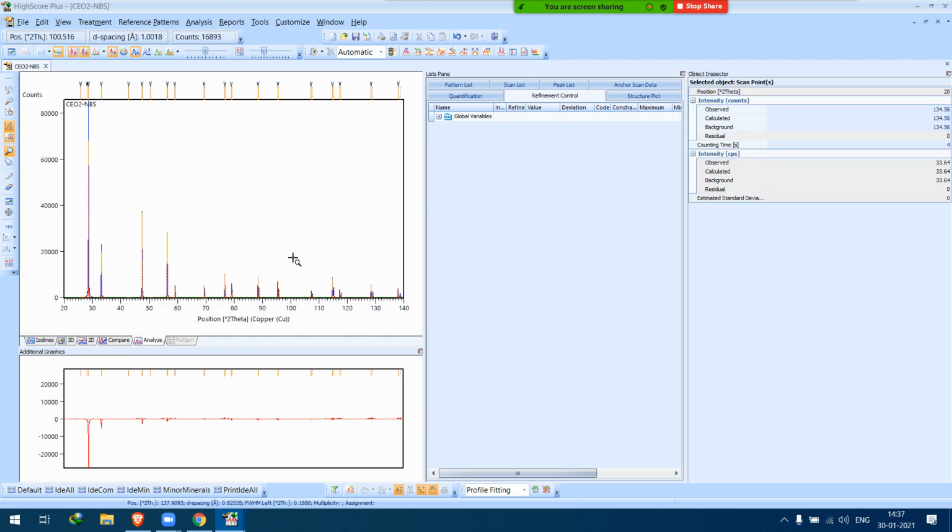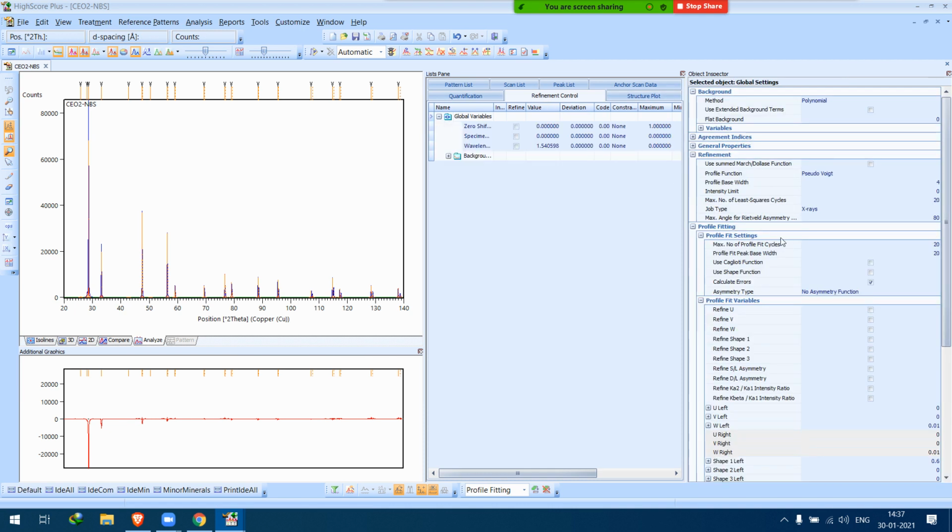Okay. Now we are going to go for refinement control and just select. Although we are going to calculate strain and other things, this information is about the instrument. So we are not going to select any strain involvement here. So a symmetric function will be split width and shape, and the strain information.